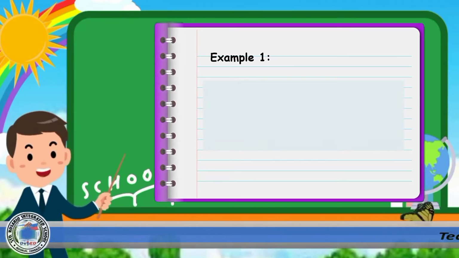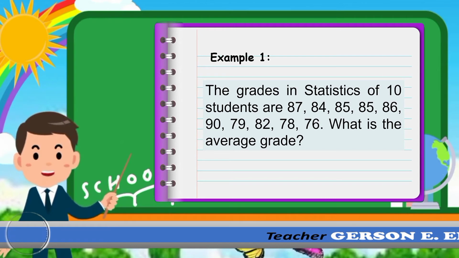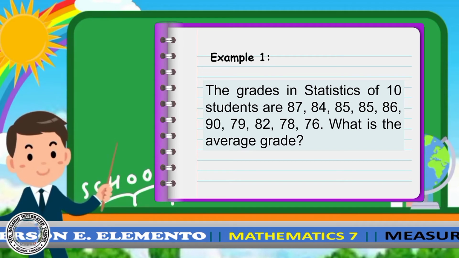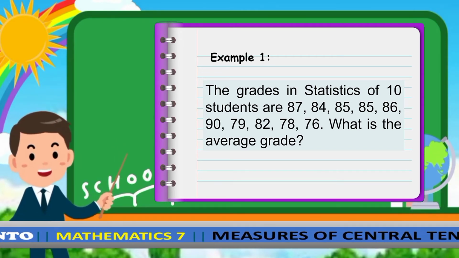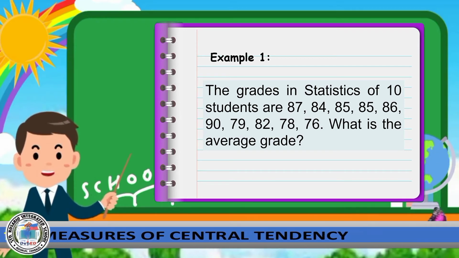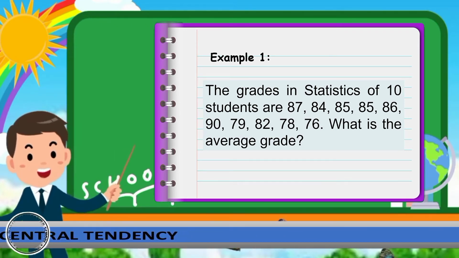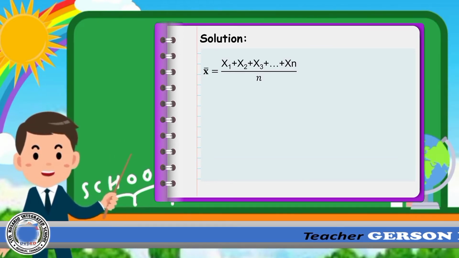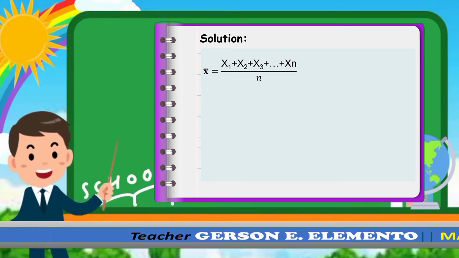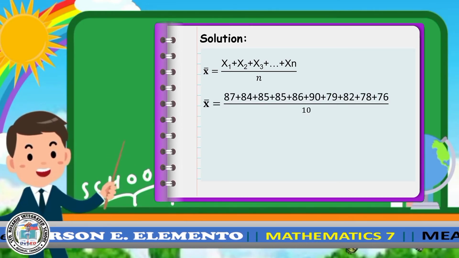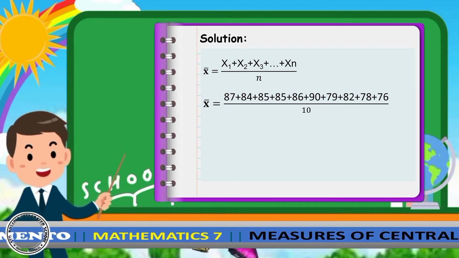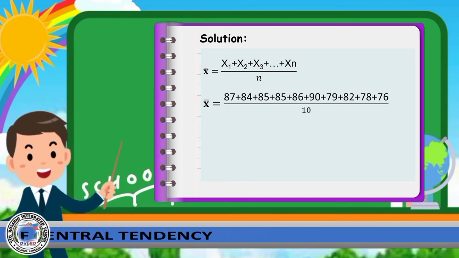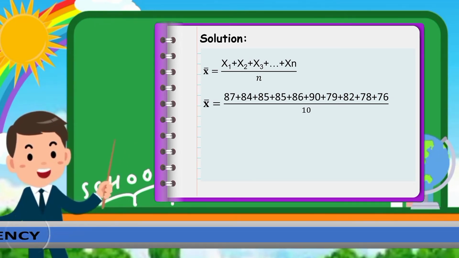Let's try example number 1. The grades in statistics of 10 students are 87, 84, 85, 85, 86, 90, 79, 82, 78, and 76. What is the average grade? Solution. To find the mean, we need to identify the given and substitute it to the formula. X bar or the mean equals x sub 1 plus x sub 2 plus x sub 3 and so on plus x sub n all over n. Substituting all the values, we have x bar equals